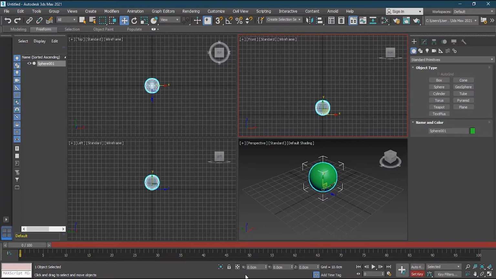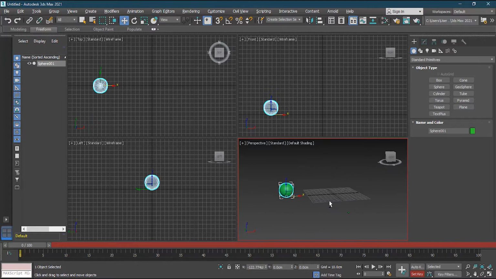Okay, now whenever you start animation, you have to create a keyframe. Okay, no matter it is auto key or set key, always you have to make a keyframe or set a key in the beginning. Okay, so let's do an animation. I will move this one here. Let me zoom out here. Okay,